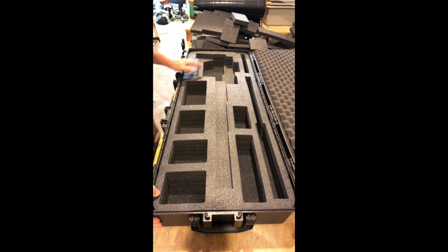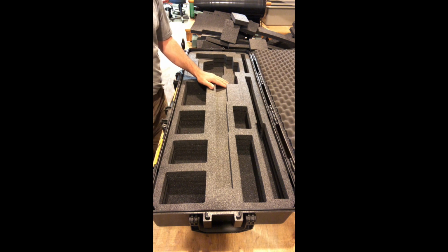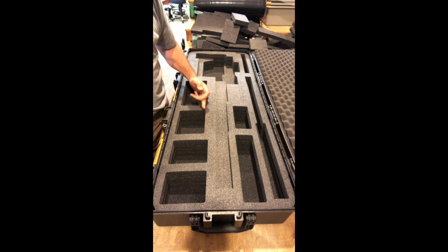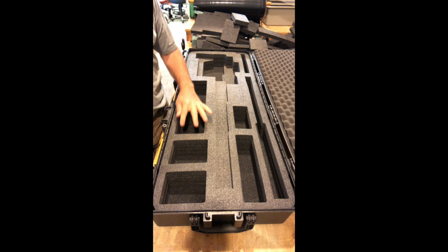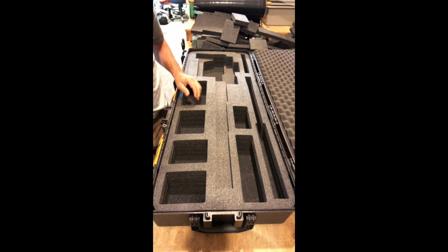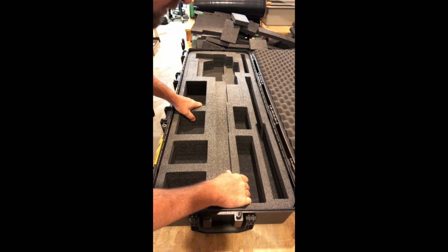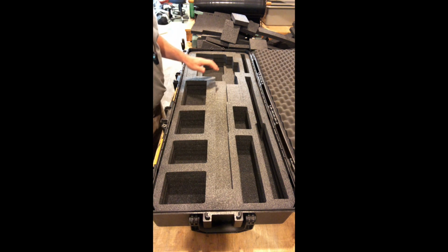There you go, that's the cut for the Ruger Precision Rifle. This will take the small frame and the large frame gun, so the 300 and 338. We have a couple of cuts right here that are just 80% cuts, in case you wanted to take this whole thing out here for a spotting scope. And there's a lot of generous cuts here for accessories. Like I said,